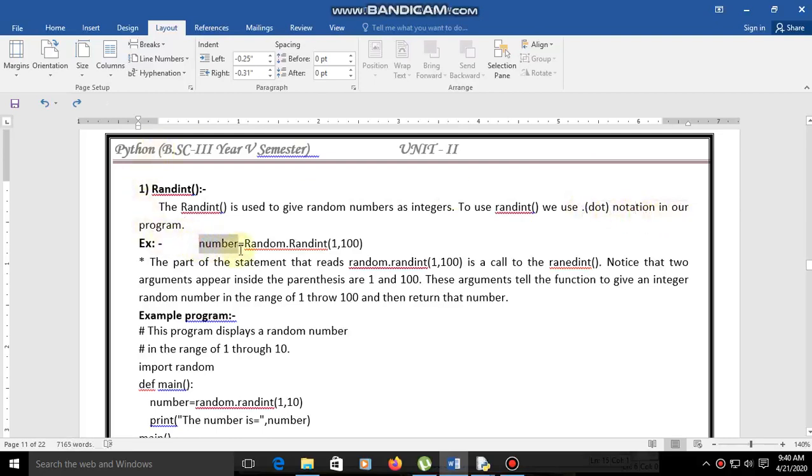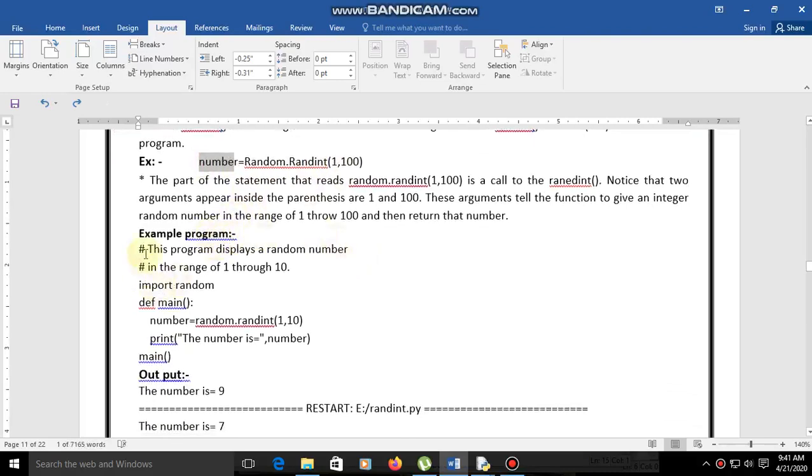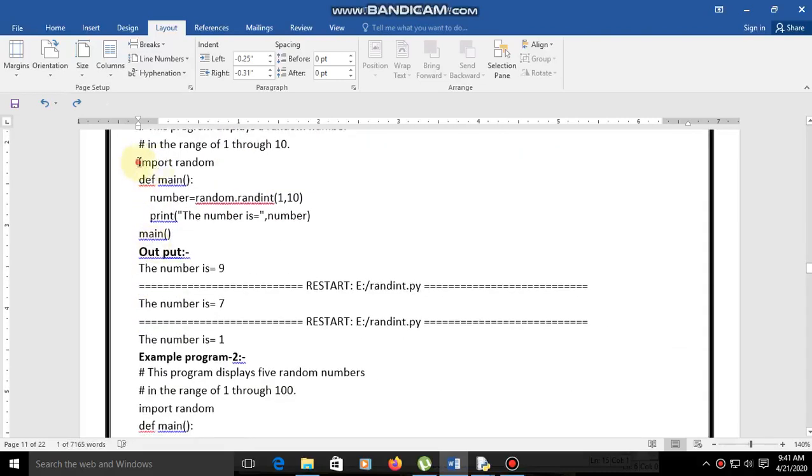We take one variable, the variable name is number, equal to, and we assign the value random dot randint, which we imported with import random. In the function the values are 1 comma 100. That means a number from 1 to 100 will be generated, we don't know which, right? That value can be assigned to number. So that is randint.